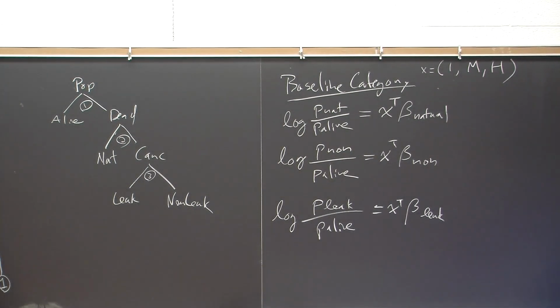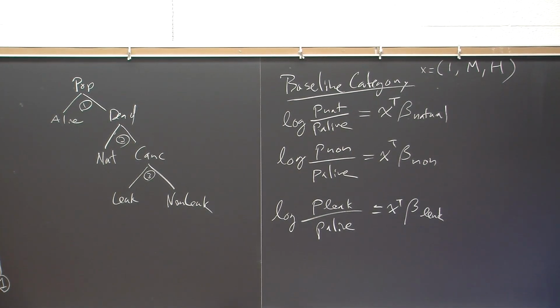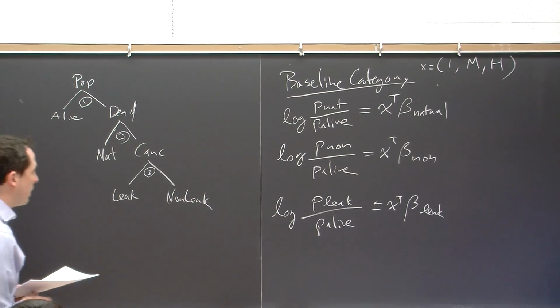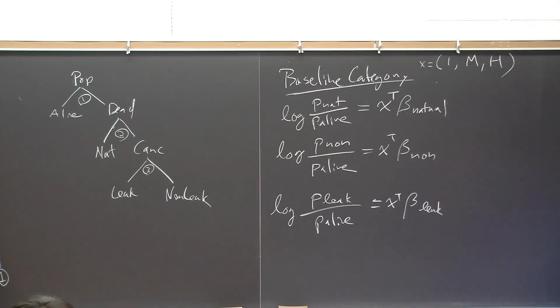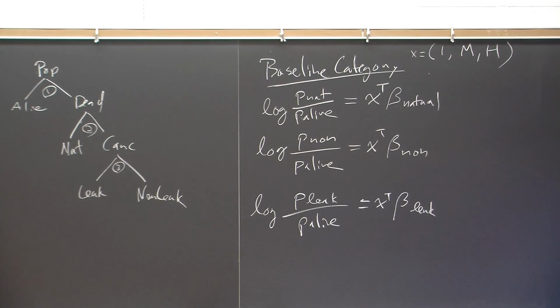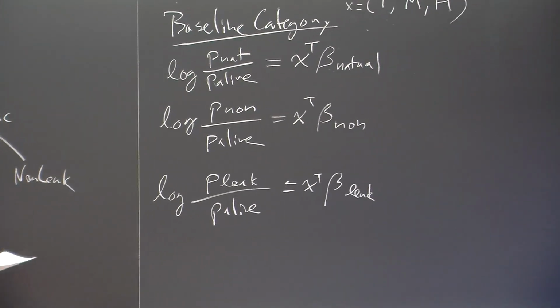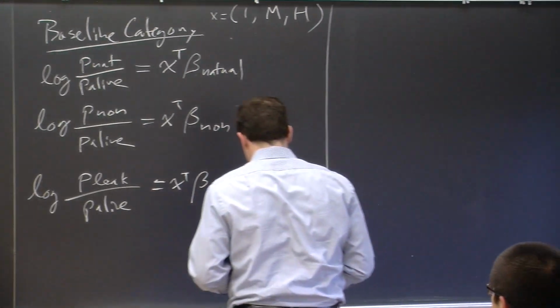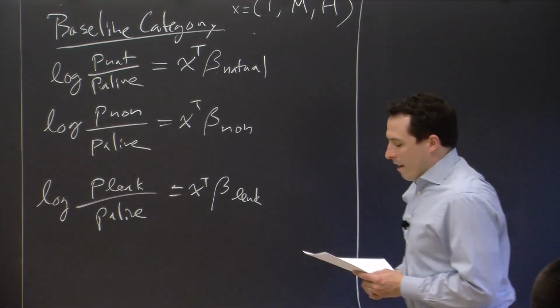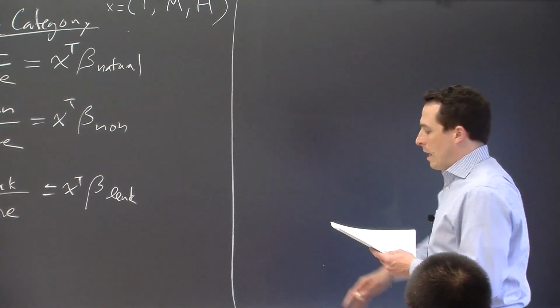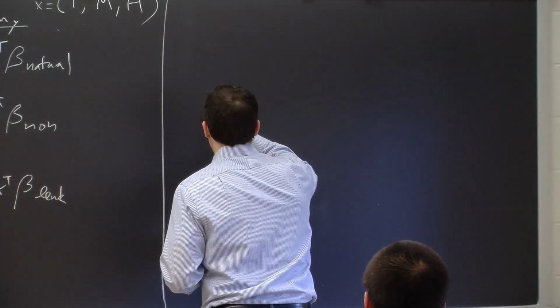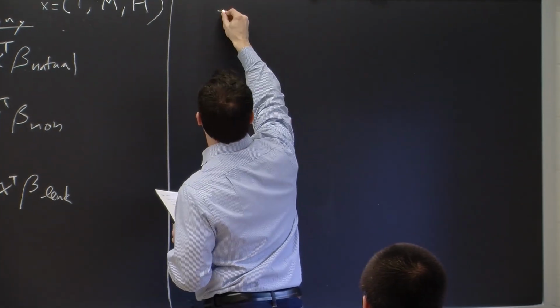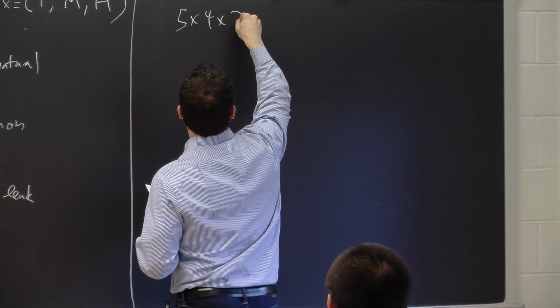I want to stop for a moment to talk about degrees of freedom in these models, because I've had a couple of questions in office hours and such about that. So let's return to that alligators example, because it's a little bit more complicated, and hopefully it will show all the issues. So we have a 5 by 4 by 2 by 2